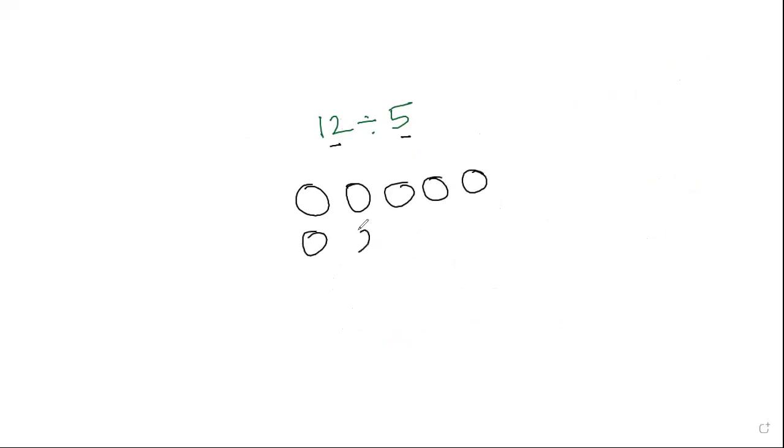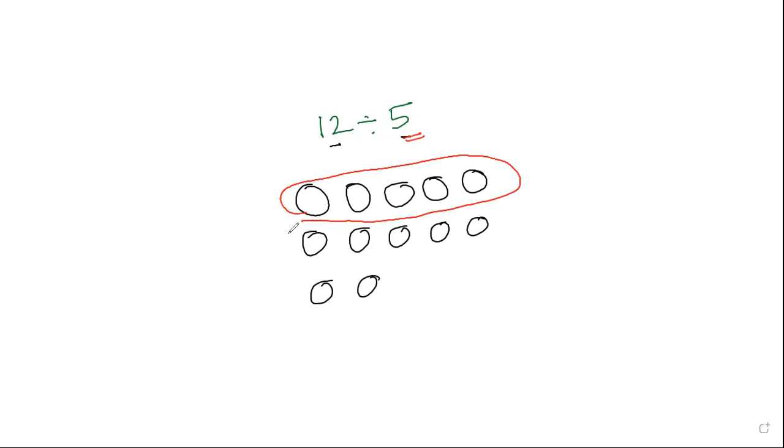Okay, let's see one more example. Dividing 12 by 5. Now I am going to represent this: this is our dividend and this is our divisor. I represent 12 by circles: 1, 2, 3, 4, 5, 6, 7, 8, 9, 10, 11, 12. 12 circles. Now we are going to divide by 5, so each group should contain 5. Grouping as 5: 1, 2. I can't make a group with this because only 2 are left. Our groups should contain an equal number of circles.